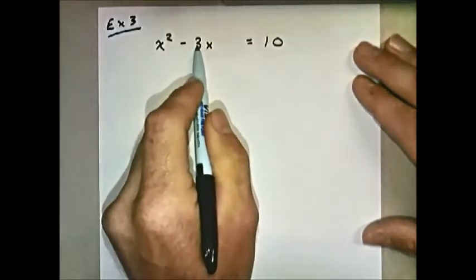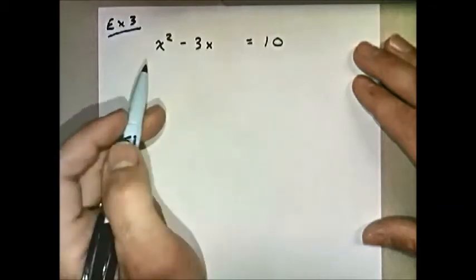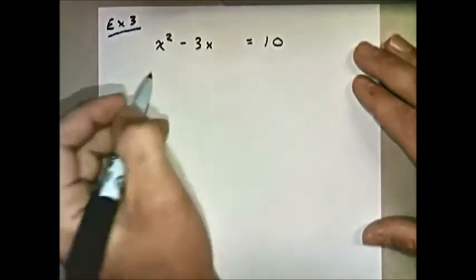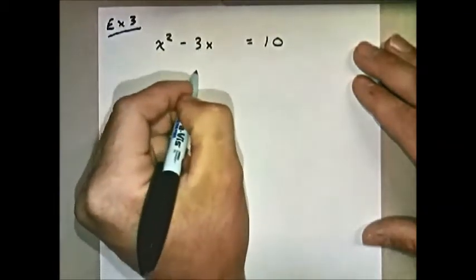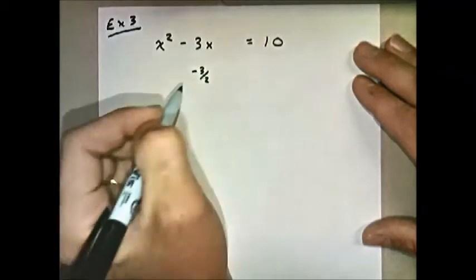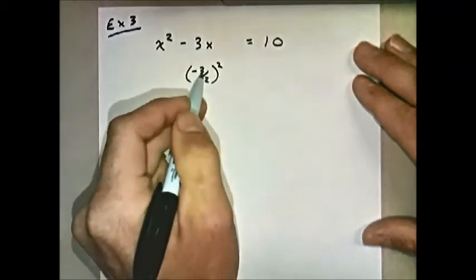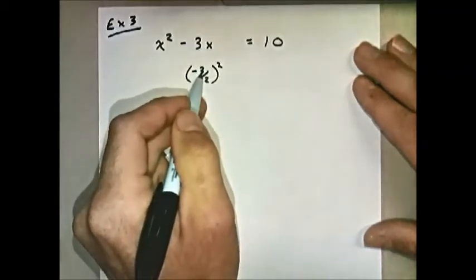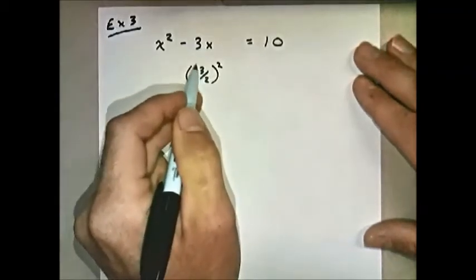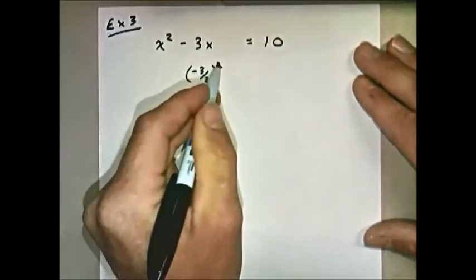Notice this number now is not even, it is an odd. But we're going to do the same process. We're going to take this number, negative 3, divide it by 2, and square it. We can't simplify negative 3 over 2 any more than it is, and we're going to leave it in fractional form. Squaring it